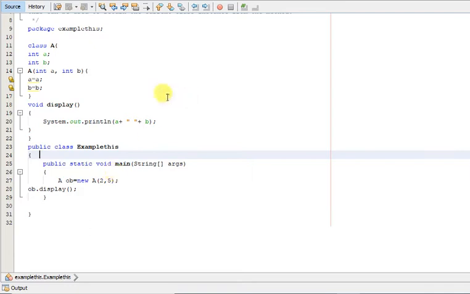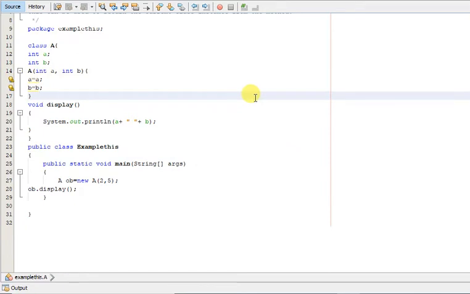The name of the instance variable and the formal arguments passed in this constructor is the same. Though we can assign this as A is equal to A, it is giving a warning: the assignment value is never used, assignment to itself.